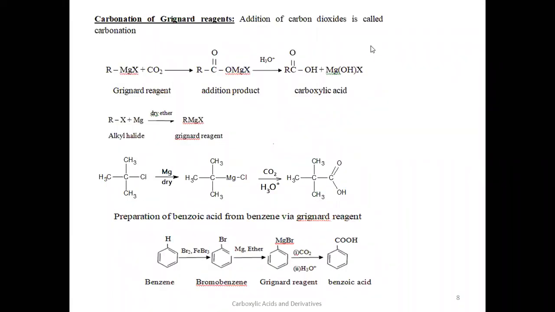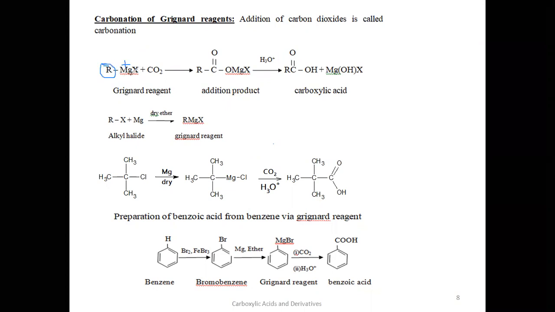Now, there is one more method, that is from Grignard reagent, by carbonation of Grignard reagent. Carbonation means addition of CO2. So carbonation of Grignard reagent means addition of CO2 to RMgX. I think we have already discussed what is RMgX. RMgX is an organometallic compound. In this RMgX, this is a nucleophile because it is negatively charged, more electronegative